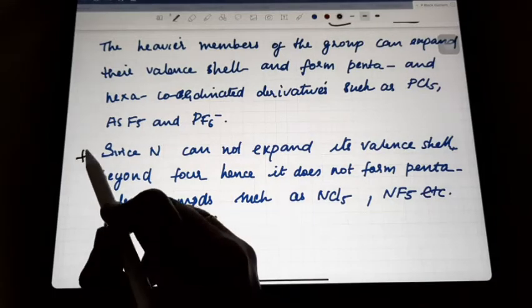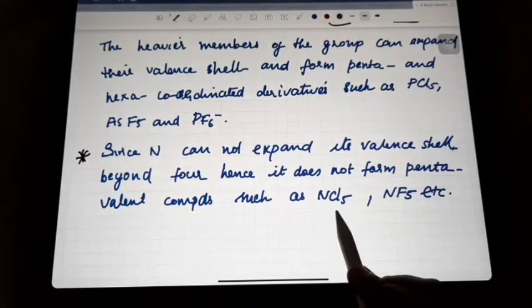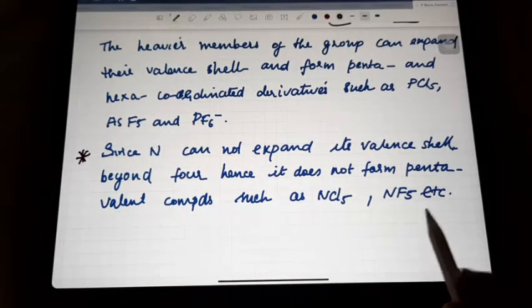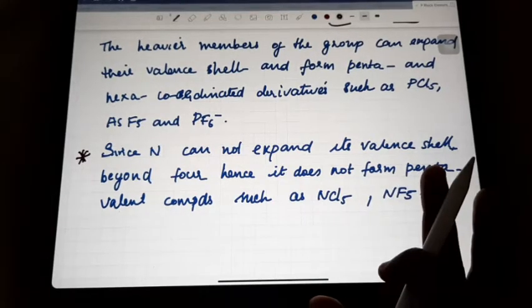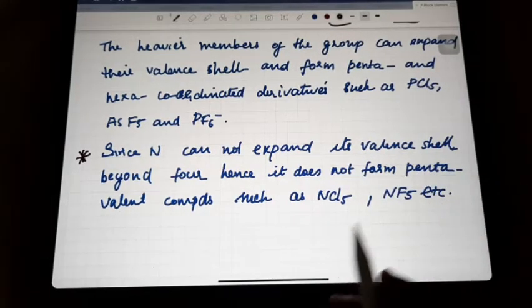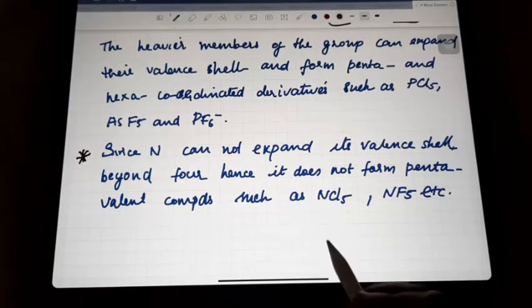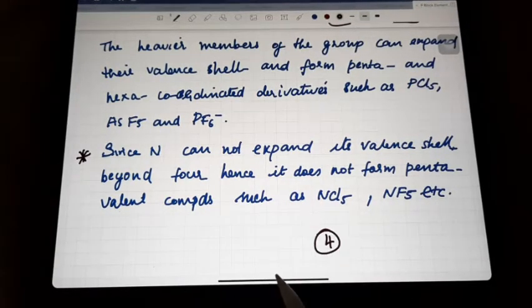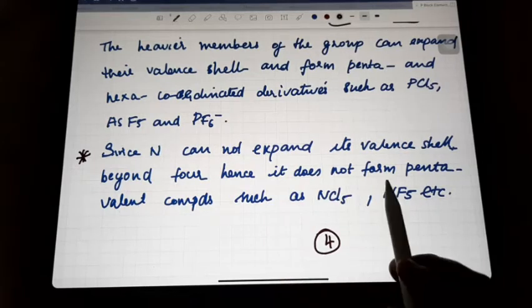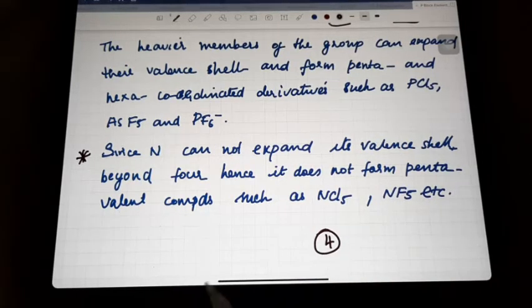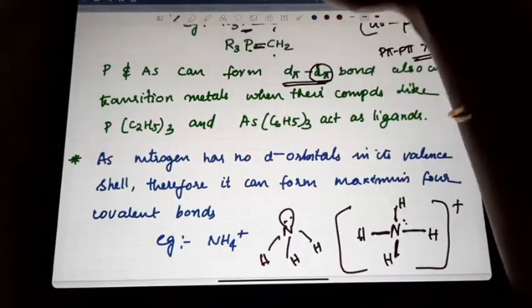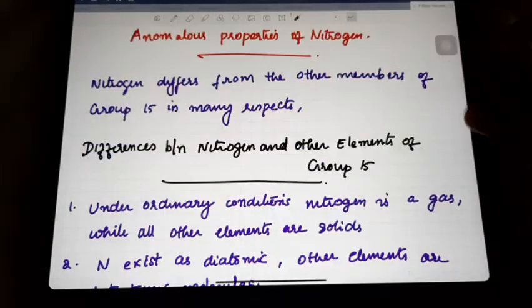This is one important question: why does nitrogen not form NCl5 and NF5 compounds? Because nitrogen does not have d orbitals. That's why there is no expansion in its valence shell beyond 4. Four is the covalency, as I said earlier how it comes. So hence it does not form pentavalent compounds such as NCl5 and NF5. Okay, so we can conclude the difference between